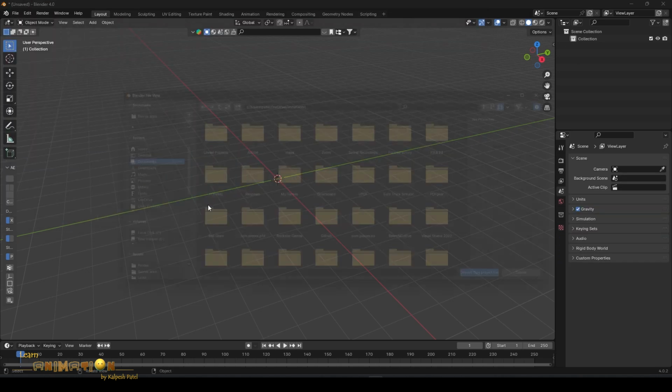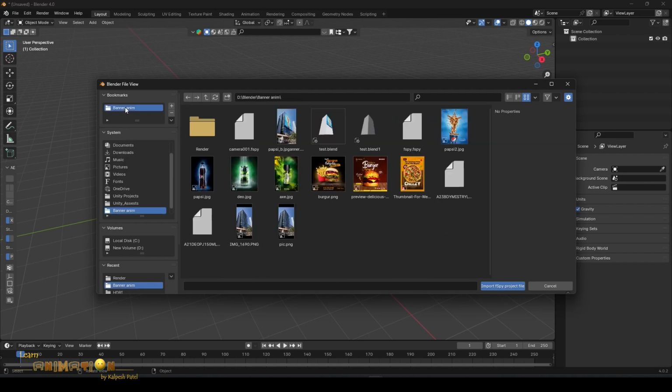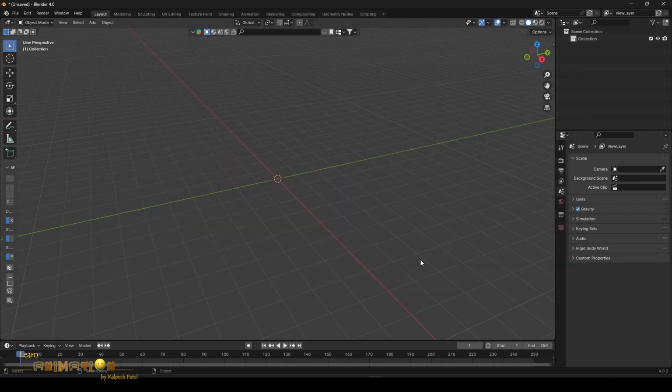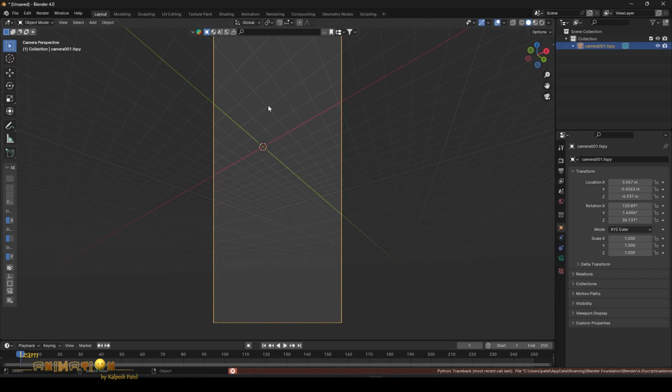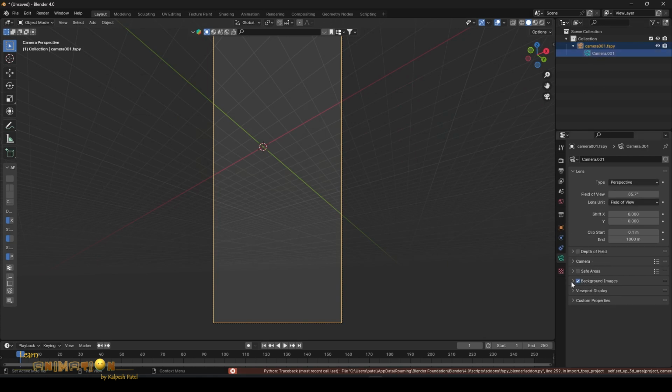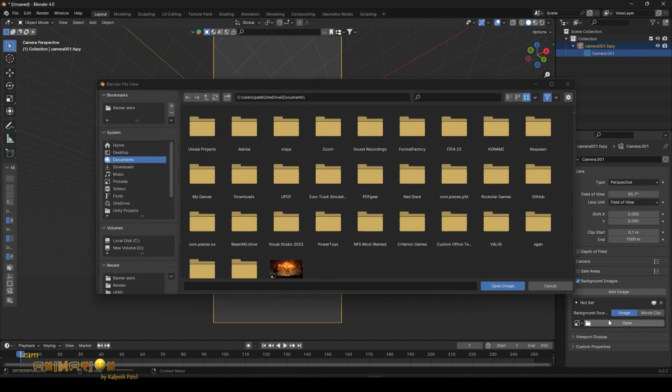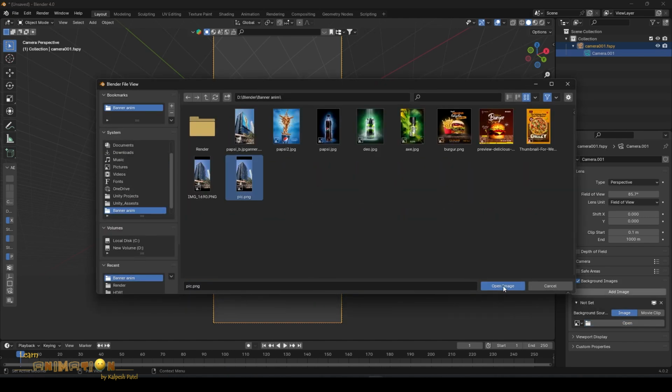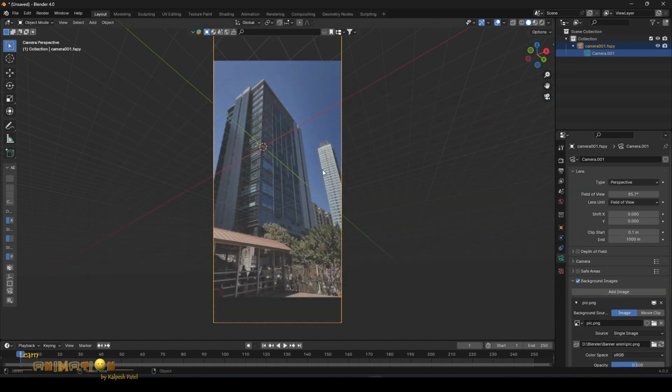Import FSpy, go to that particular folder, select the camera which we have just saved, and import it. It will come along with the image. If it is not coming, select the camera, go to Background, and browse the image which we used to create the camera in FSpy.